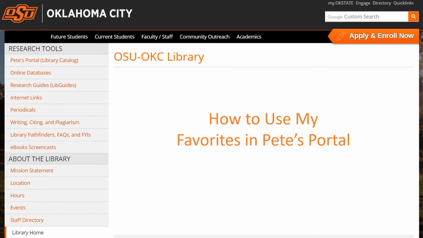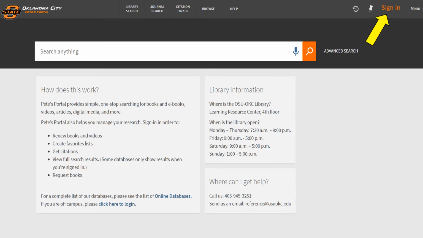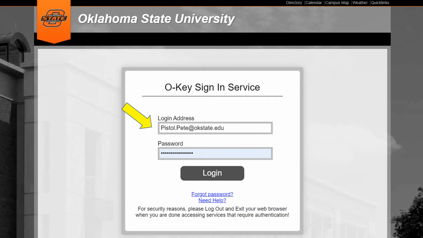In this tutorial, you will learn how to use My Favorites in Pete's portal. First, you'll need to access your library account from the OSU-OKC library website by clicking on the Pete's portal link on the left side of your screen. Then, click the Sign In link at the top right of your screen and log in with your OKey login